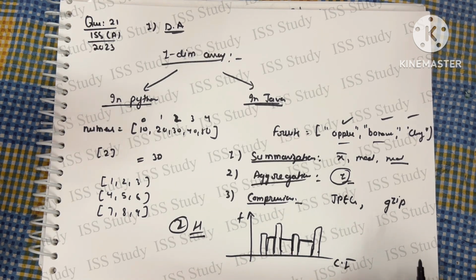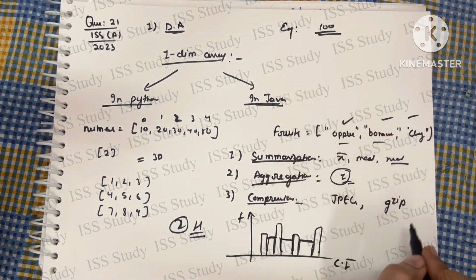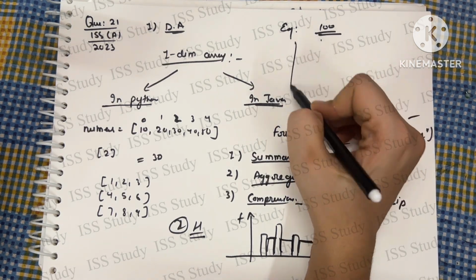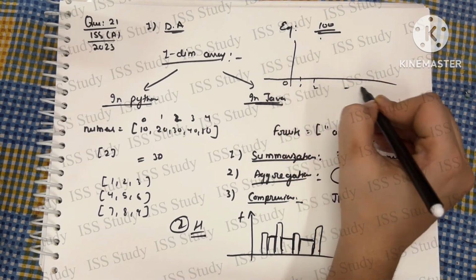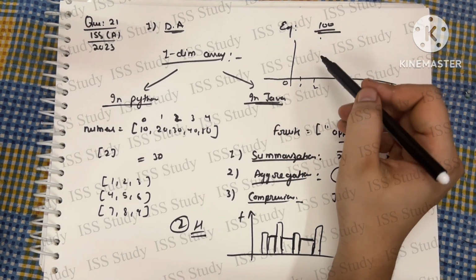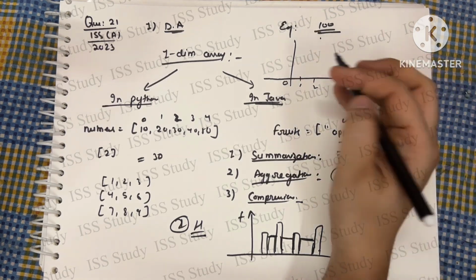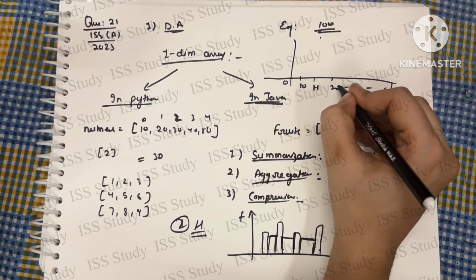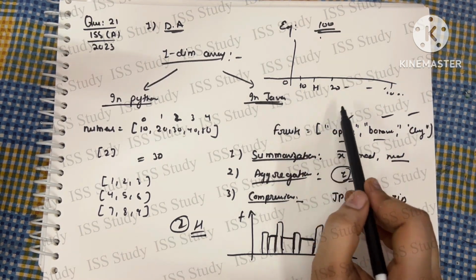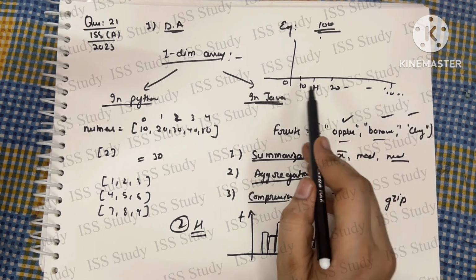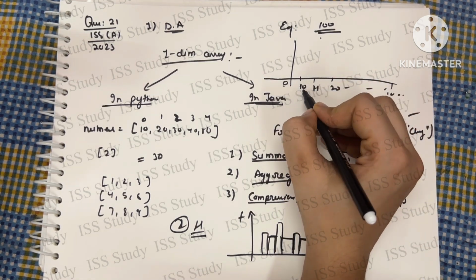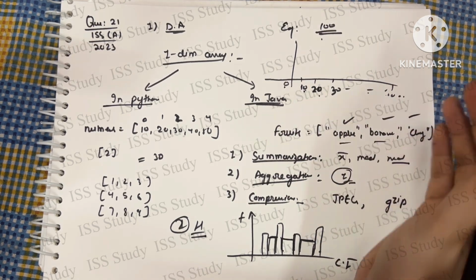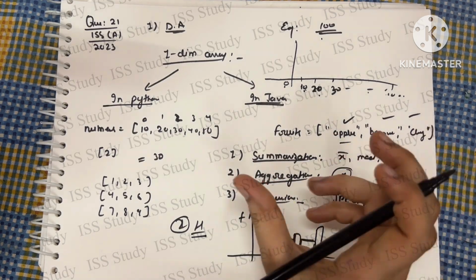Suppose I have taken a test of a total of 100 students, with marks from 0 to 100. Instead of plotting all the students from 0, 1, 2, up to 100, I am going to take ranges. I'm going to divide their marks into ranges, like from 0 to 10, then 10 to 20, 20 to 30, etc. It is up to you which ranges you want to divide the total marks into.